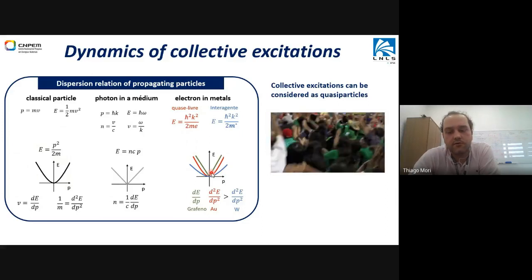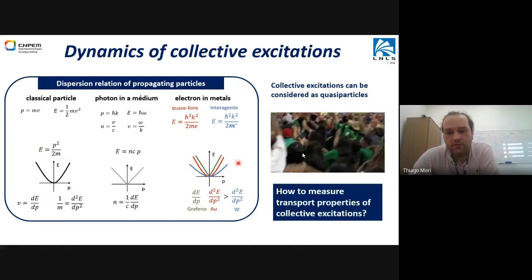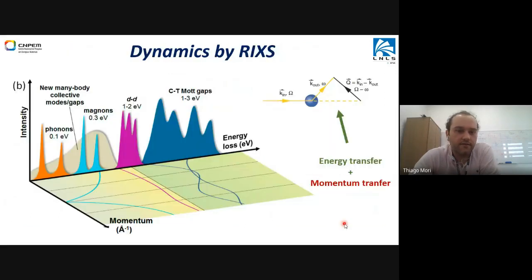And if you know the dispersion relation, we can infer all the macroscopic properties of the material. So the question is how to measure transport properties of collective excitations, and RIXS allows us to do that. So we can measure dynamics by RIXS. As I mentioned, the RIXS process involves energy transfer and also momentum transfer. So if we measure the energy of the excitation and the momentum, we can measure these dispersion relations of the